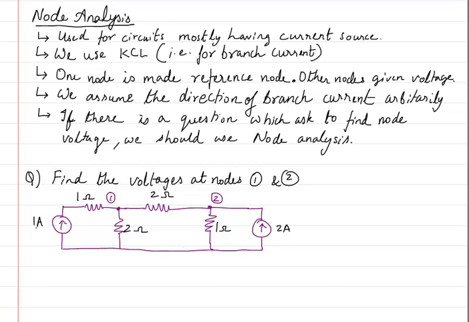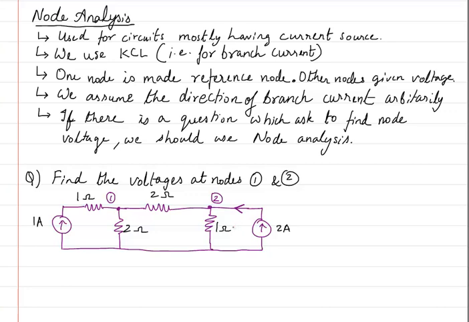Now for example, here it is already 1 ampere current, so I will draw the branch current in this direction. Here I can draw it either up or down. Let me choose this as down. Similarly here I can draw it in any direction. Here again I am choosing it to be down. It does not matter if I choose it down or up. Now here the last branch, the current is already drawn, so I will take this direction as this one.